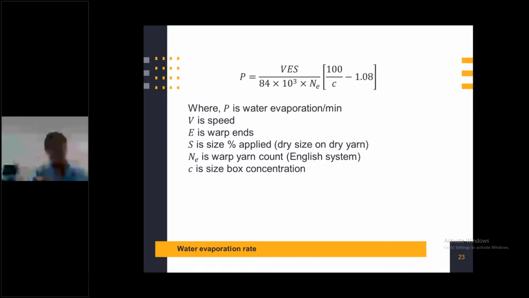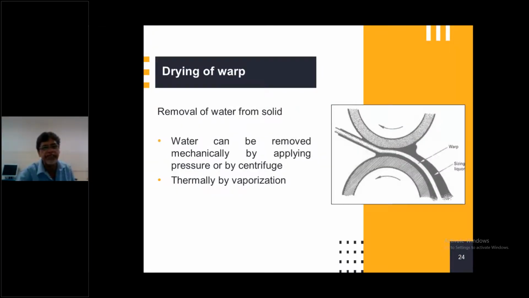This is the last slide in this section, on removal of water from solid. Drying is the part of the process which takes maximum energy. There are usually two ways to remove the water from solid. Water can be removed mechanically by applying pressure or by centrifuge. These are the two techniques usually used in the industry, either mechanically by applying pressure on it or by centrifuge, or